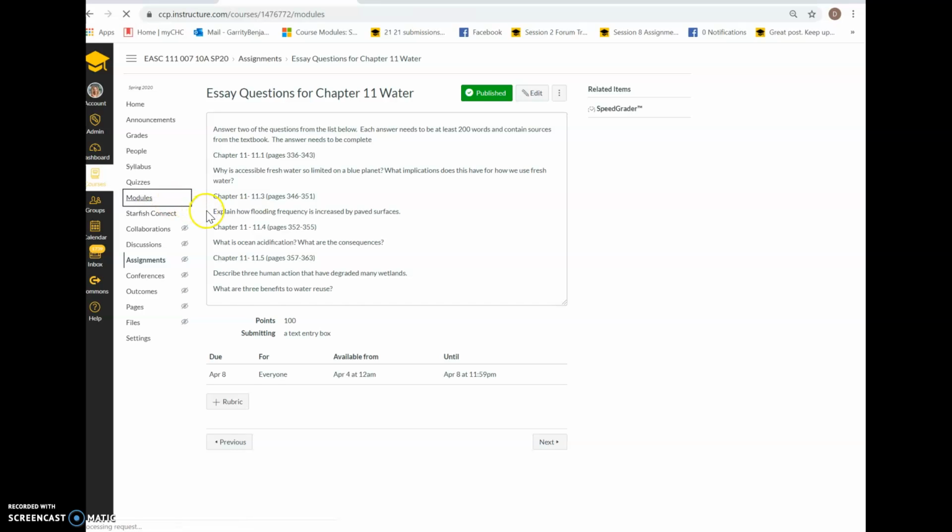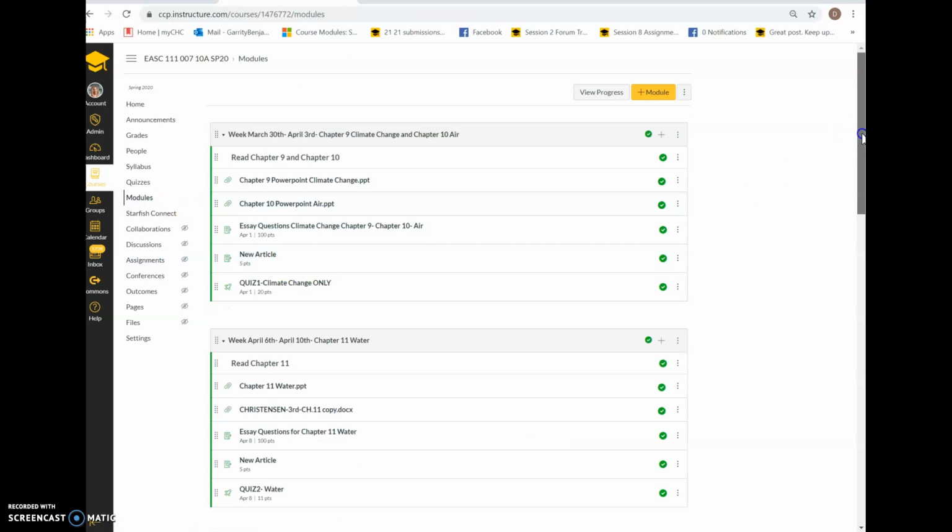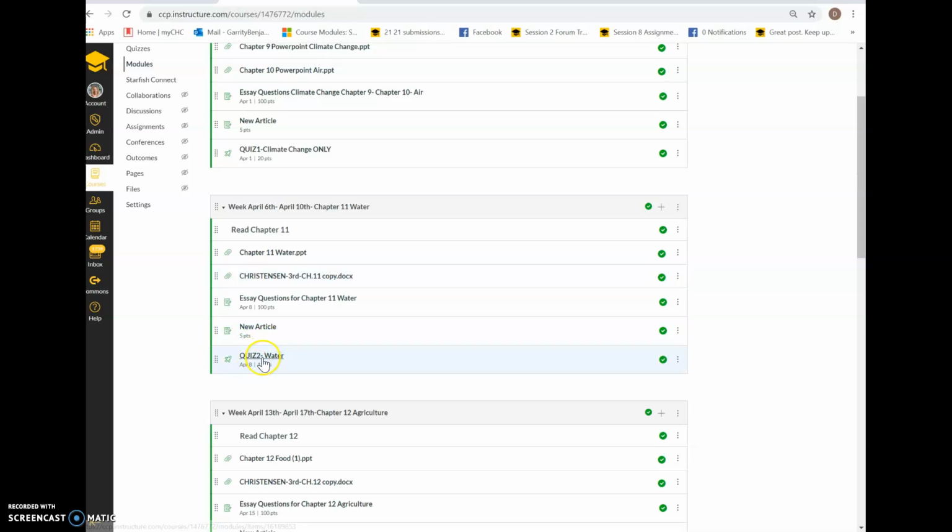If you go back to the module again, each week you'll have your quiz due, which is here. You get 1 chance to take the quiz, so you can't leave your station and go away and then come back, or exit out and then come back. You get one chance within the time frame. I don't have any wiggle room to give extensions, so you have to just do the work by the due date. All the work is released to you on Saturdays by 11:59, and then it's due by Wednesdays each week, and then you can start preparing for the next week.